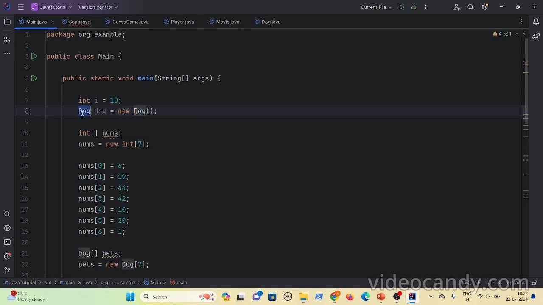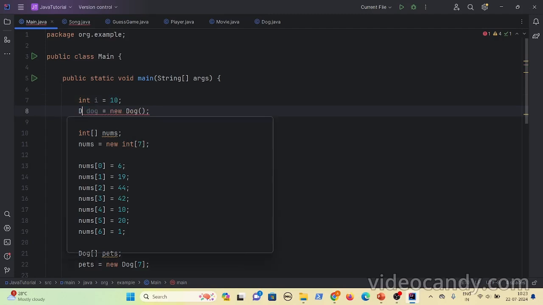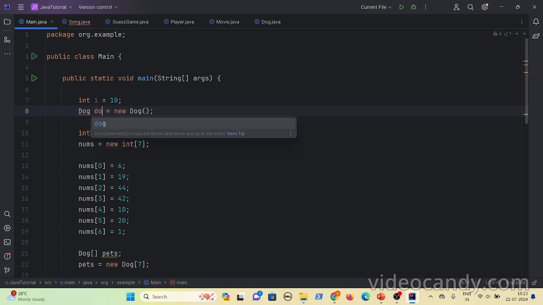So the same type you have specified here. Let's say I use Song here. Would it work? Definitely not. It throws an error because you require a type Song, but you are assigning a Dog object. So whatever object you are creating is a Dog, so this object is of type Dog. The type you have to declare here, and the name here. Also, you have declared int as the type, and then here you have used the dog name. It can be any name, let's say shepherd, like anything: dog1, dog2, dog3. You can declare any name.